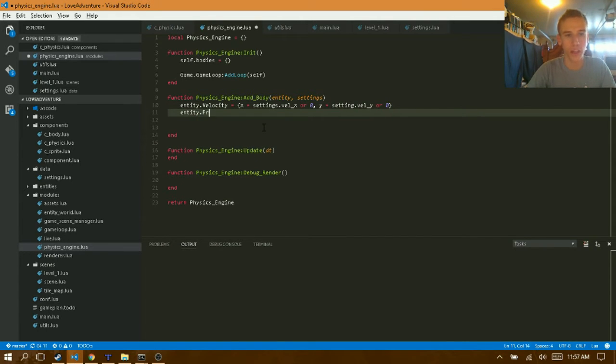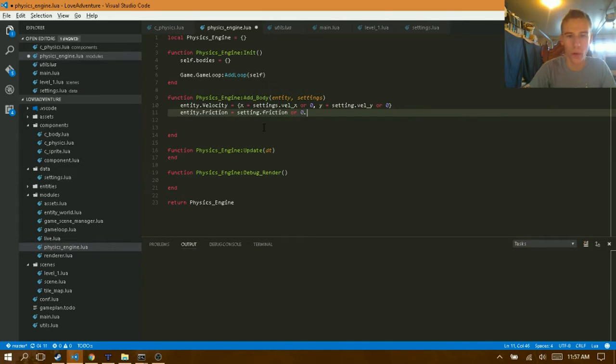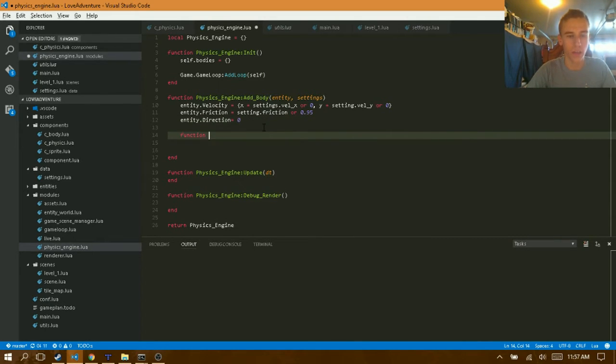Entity.friction is equal to settings.friction, or 0.95 probably. That sounds about good. Entity.direction, we're going to make that equal to 0. Function. We're just going to add some functions too. So entity